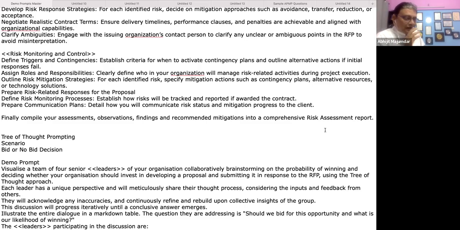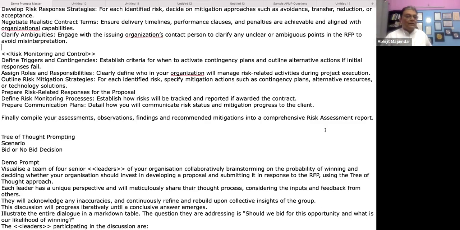We are generally used to thinking in one line. What we know, we think in that line. But with an LLM, you now have the capability to think in different lines. You can wear different hats. Have you ever done the zigzag thinking, where you put on the red hat, the black hat, the white hat, the green hat, and each is a thinking style? If you have never done six hat thinking, just go and check YouTube. There are plenty of videos on how you can switch between different types of thinking.